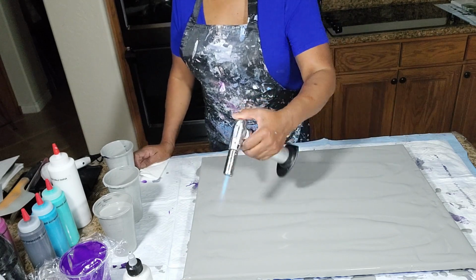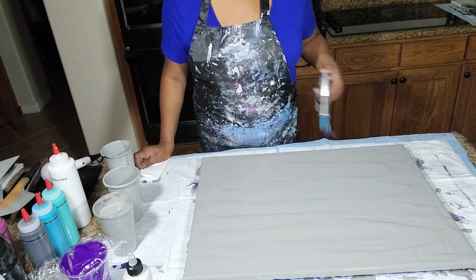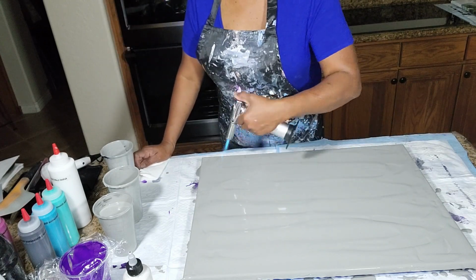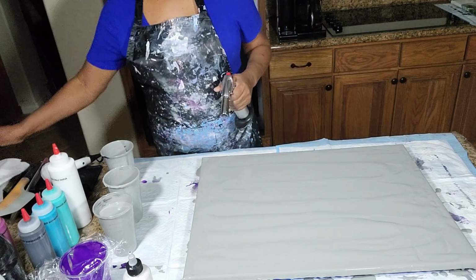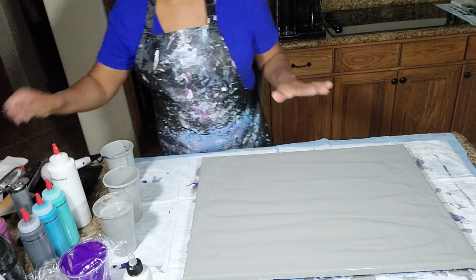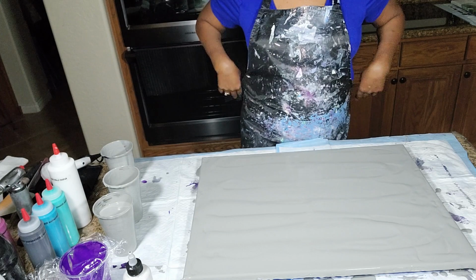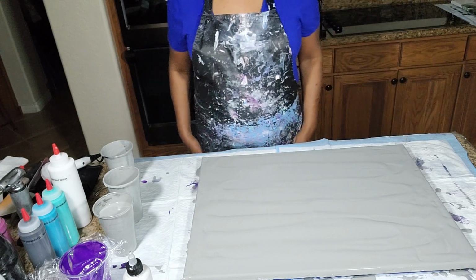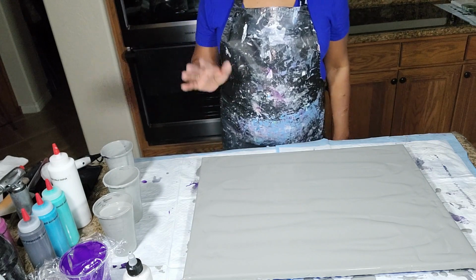So we're looking for debris or anything that may look like it's an uninvited guest to our party, and we definitely want to get it out now. So here we have a nice level canvas. We've got our base color down. This is the neutral gray by Liquitex Basics, and now we're going to lay down the colors that we'll be